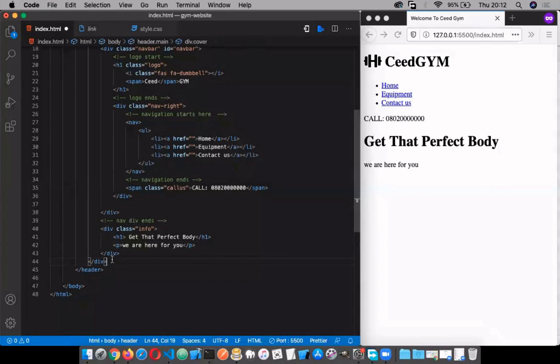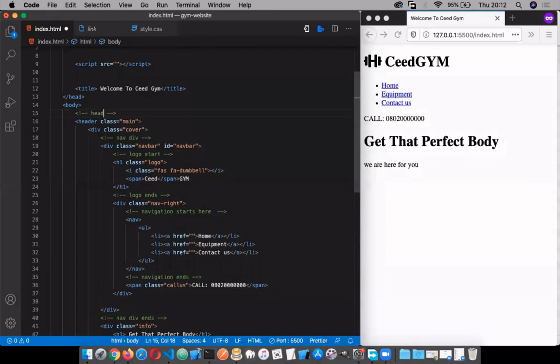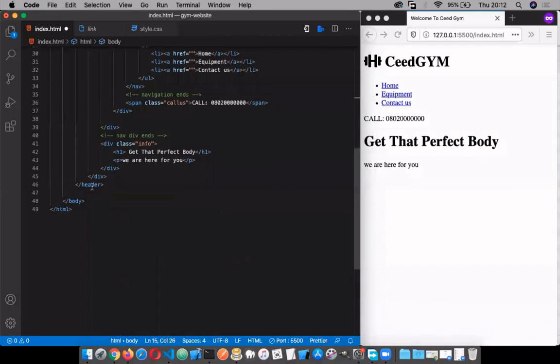Then what again do we need? I think we are done. I can't remember any other thing being within the tag. So we are done with the header, the main header. So let's say the header starts here, and I will go over here and say the header ends here. So the next thing we need to do is move on to the equipment section of the